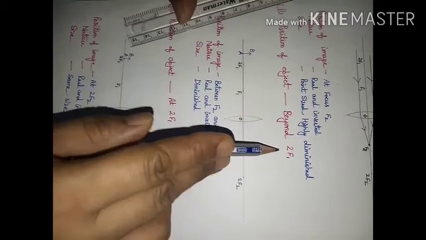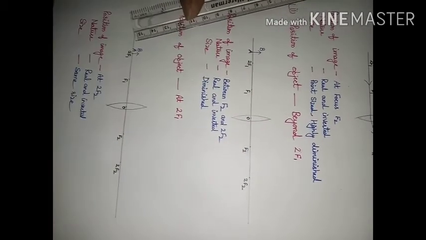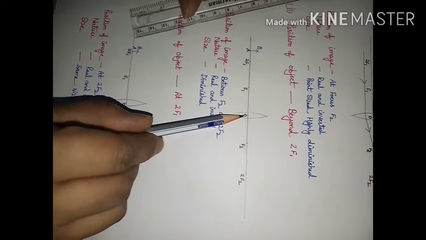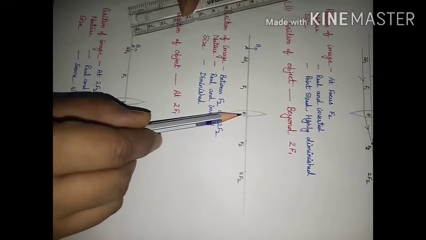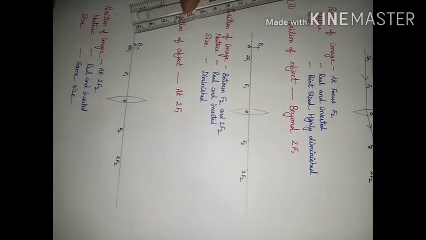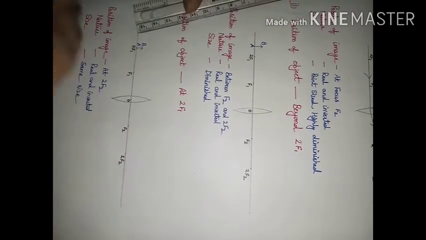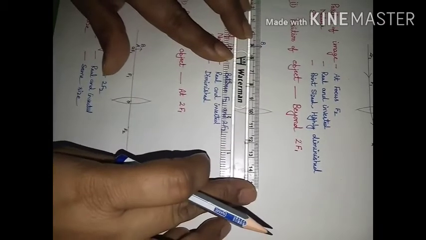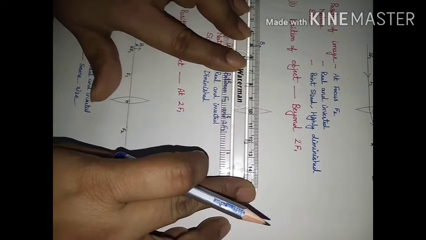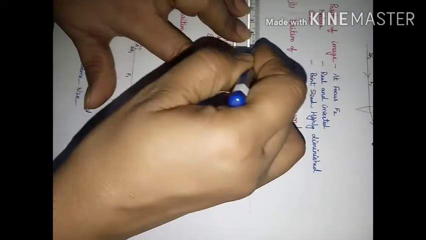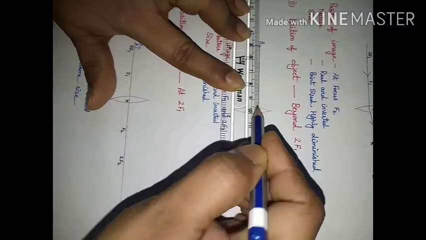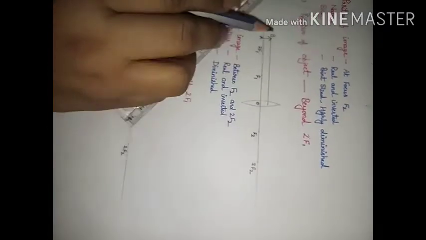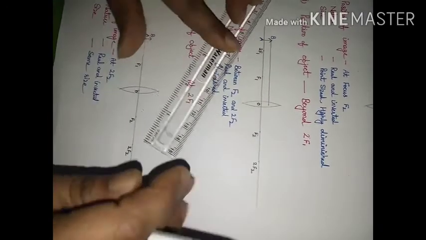Now we are going to consider the object kept beyond 2f. Slowly and slowly we will come closer to the convex lens. As we come close to the convex lens, the image will go away from the convex lens. So this is the object AB that we have considered, and one ray of light we are going to consider parallel to the principal axis. This is the point that we are going to consider. From this point, 2 rays we have considered, one parallel to the principal axis.